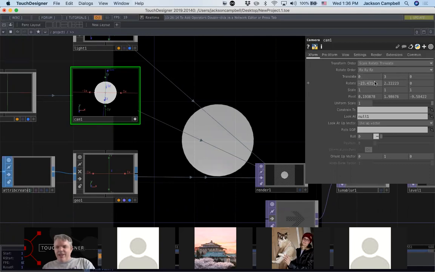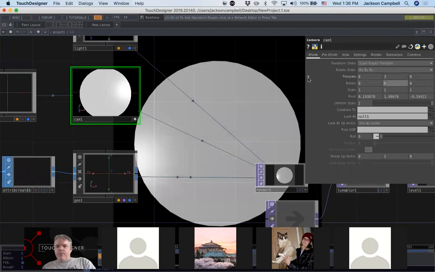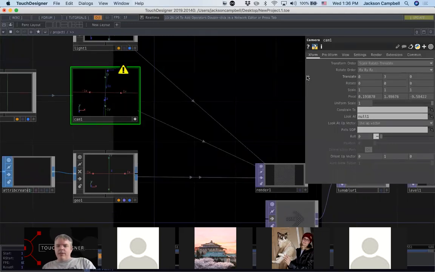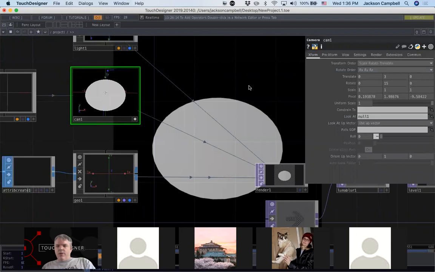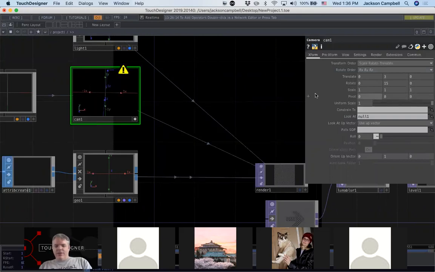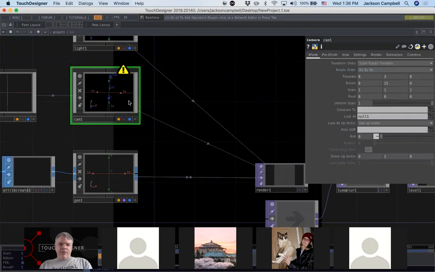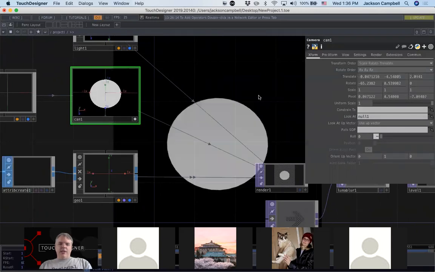I don't know why it wasn't working before. What if I put all these back to 0? Oh, that's when it breaks. Okay. All right. Just put a 15 in that rotate for now or something. I don't know what this is doing. Oh, that breaks it too. Okay, never mind. This will fix itself in a second, I'm pretty sure. But for now, just make your viewer active and on your camera just drag it till you can see the